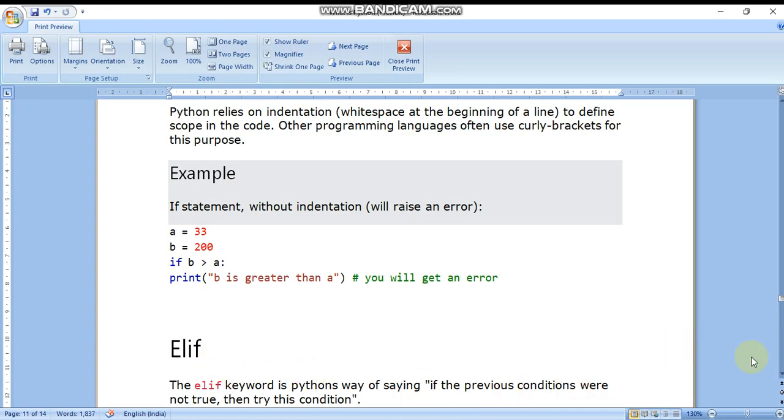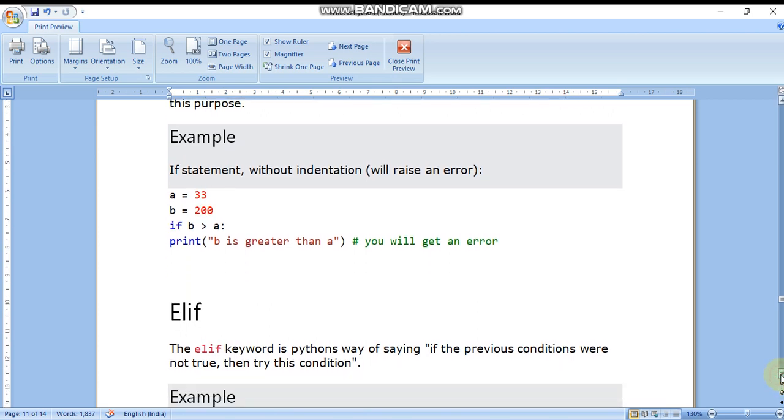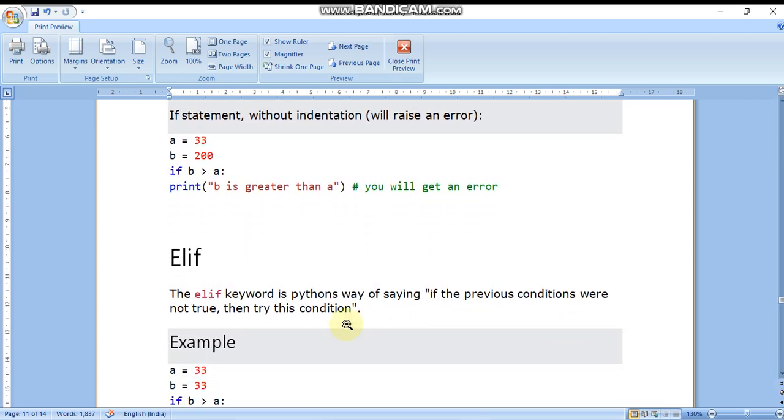Now moving to the next part, elif. What is elif? The elif keyword is Python's way of saying, if the previous conditions were not true, then try this alternative condition. If the first one is not okay, then this condition will be checked.